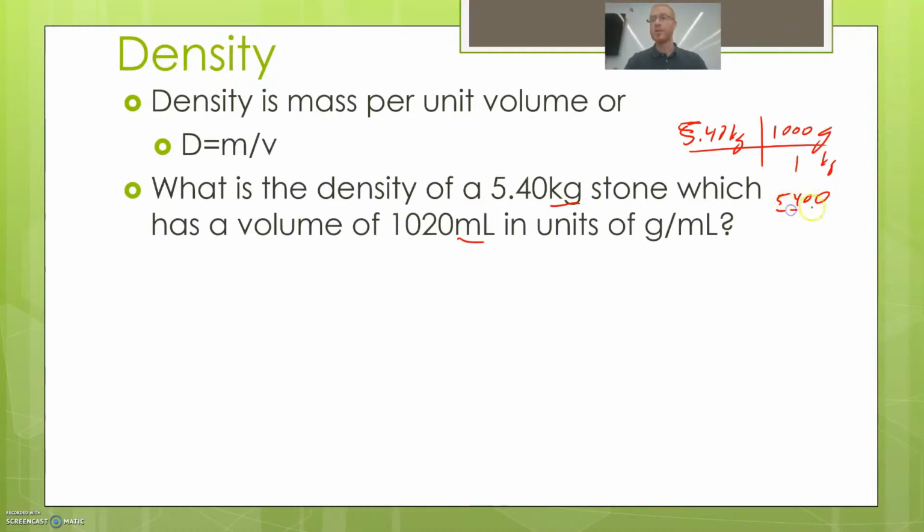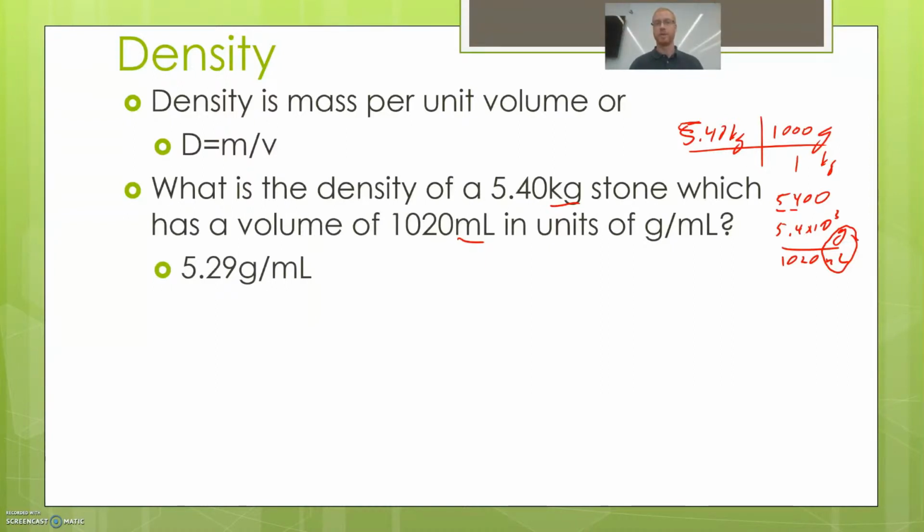Well, that only has two significant digits. So really, the best way to write this is 5.4 times 10 to the third grams divided by 1,020 milliliters. That gives me grams per milliliter. Okay, and then when I divide that out, I get that the density of that stone is 5.29 grams per